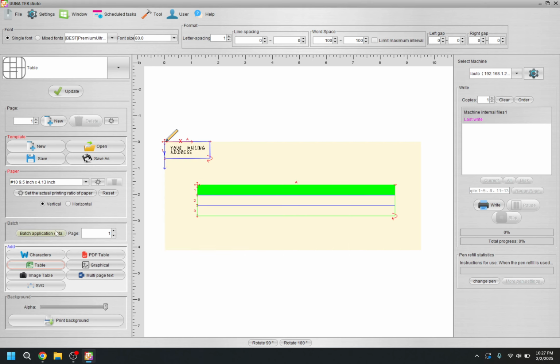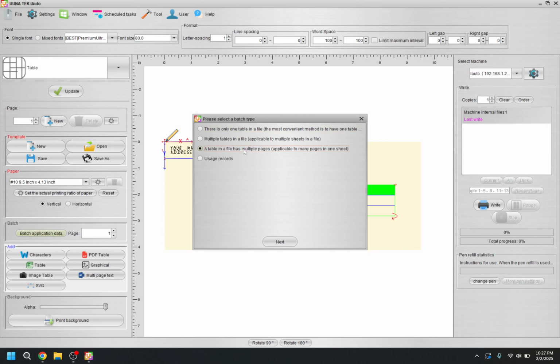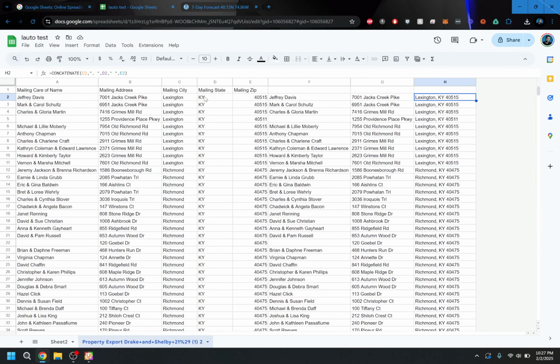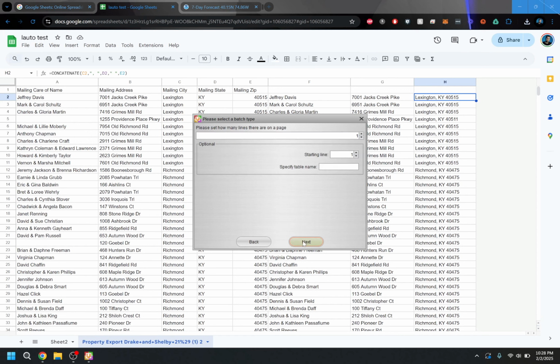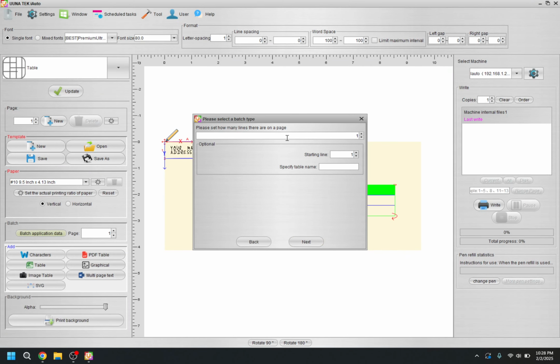Before you do this, you need to batch application data, do a table, splitting with rows because we're splitting it this way, not this way. Coming back to here, splitting with rows, and then we'll just minimize this. How many lines are there per page? It's going to be 1 line per page, unless you're using multiple lines. So it's going to be 1 line. Starting line is going to be number 2 because we have a header row on that data sheet. Next, browse,